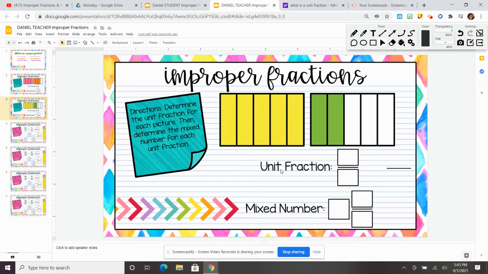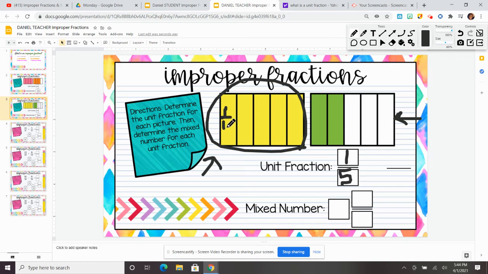All right, so looking at this, again, in order to figure out our unit fractions, all we do is count the number of pieces that we see. All right, so I see 1, 2, 3, 4, 5. All right, so 5 is going to be my denominator. I know that each of these shapes is partitioned into fifths. That one is partitioned into fifths, and so is this one. Okay, so now here I can count. Oh, and I have to put my unit fraction by 1. Remember, unit fractions have 1 as the numerator. All right, so if I know 1/5 is here,